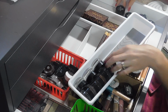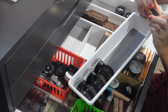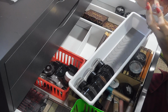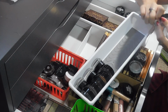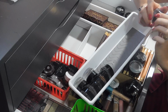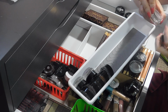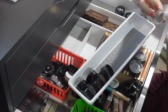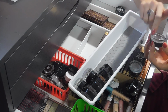This one you can still get at the store, so I'm just going to get rid of that one. Hydrangea Hype. This one is still really good, so I'll keep that one. Tough as Taupe. Okay, I will keep Tough as Taupe because it's a lot like that